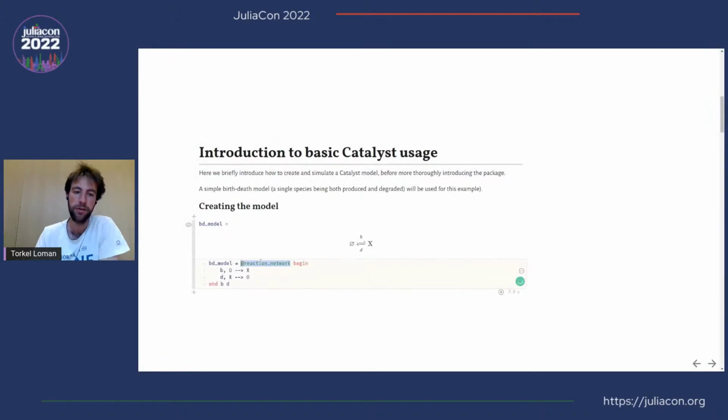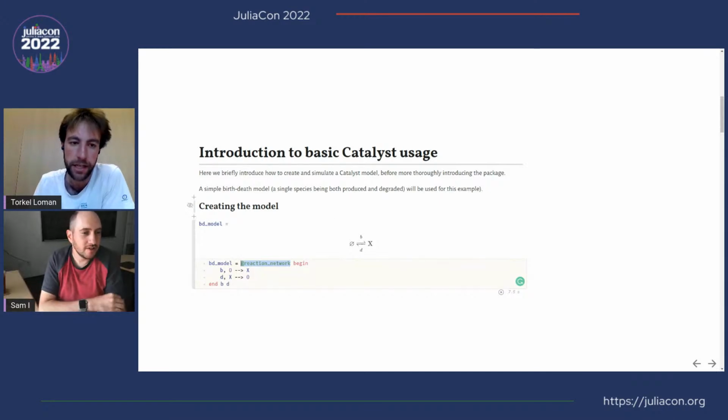So the first step is that you actually want to create your model. There are a few ways to do it, but one is to use this @reaction_network macro. This is something which Catalyst implements, which is a DSL, a domain specific